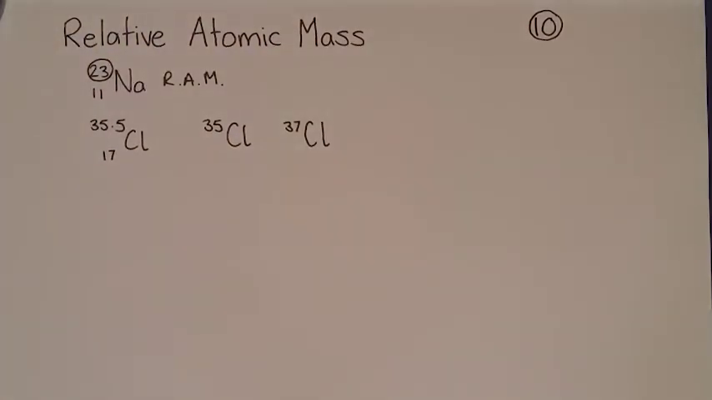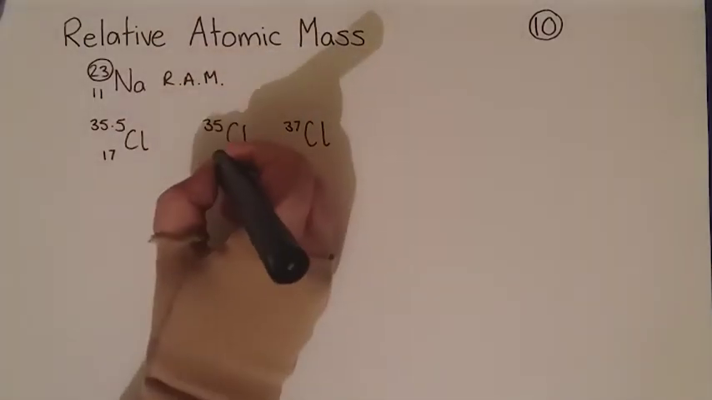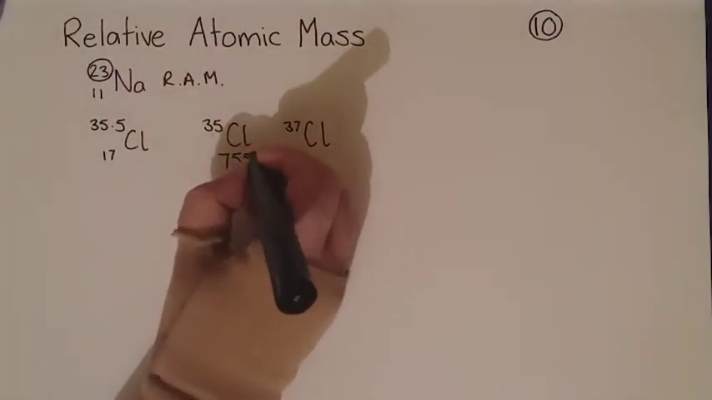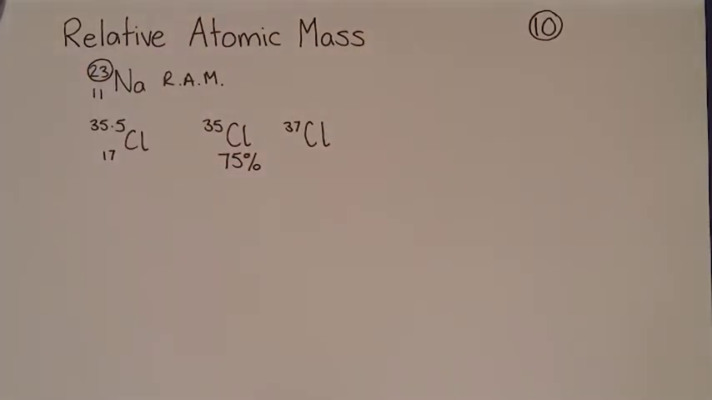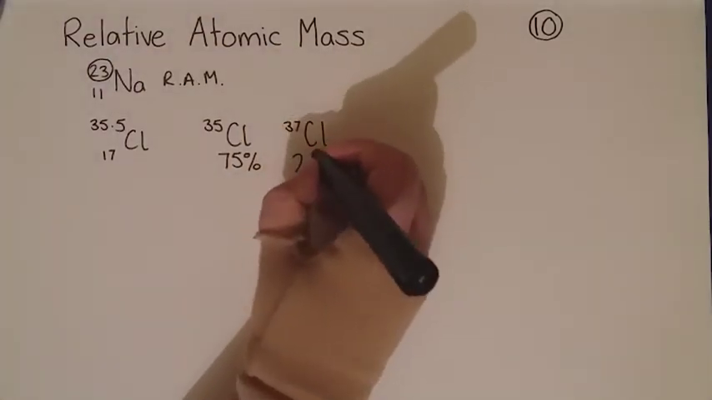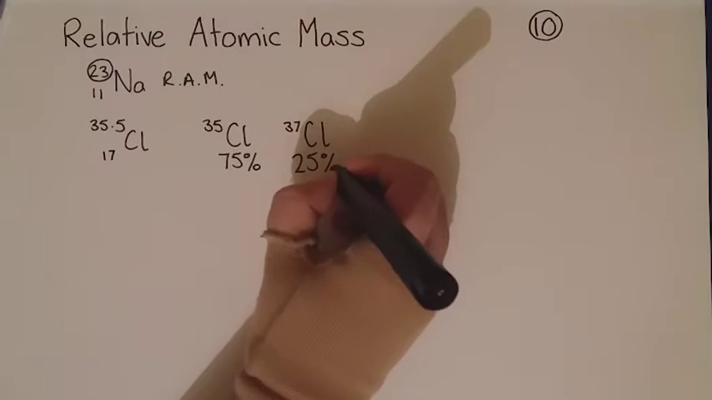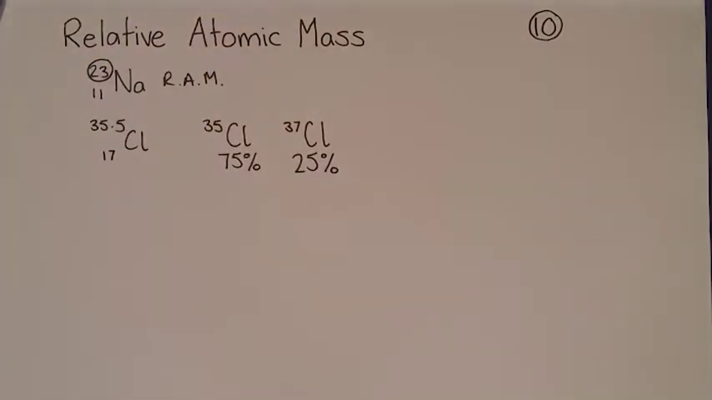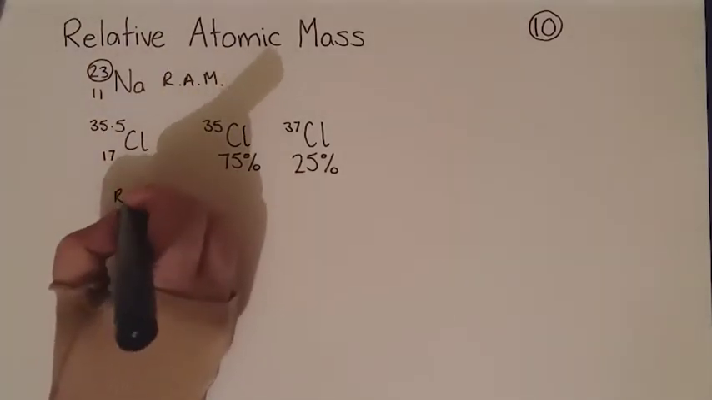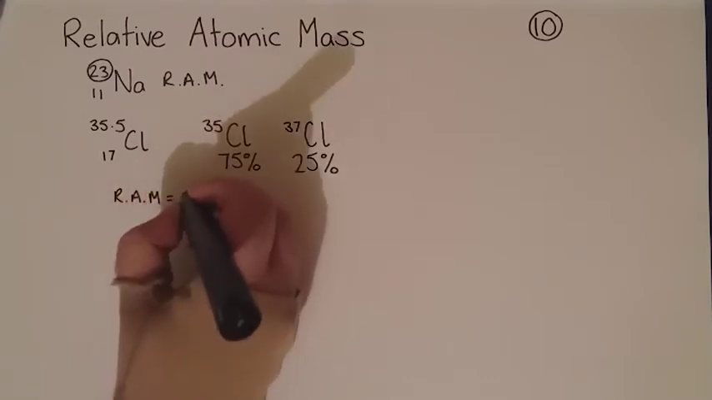The isotope with the mass of 35 accounts for 75% of all of the chlorine on Earth. The isotope with a mass of 37 accounts for 25% of all of the chlorine on Earth. If we took a sample of 100 atoms and we worked out the average mass, that would give us the relative atomic mass. So the formula that you would use would be relative atomic mass equals